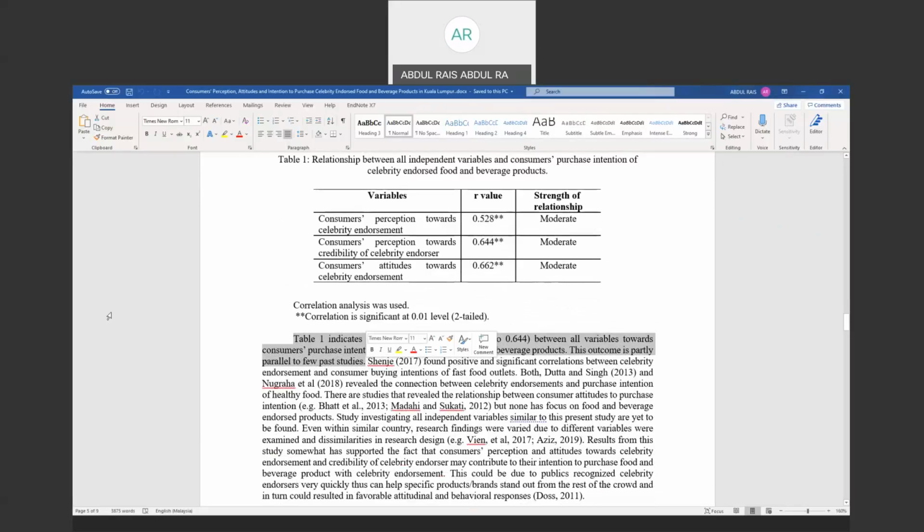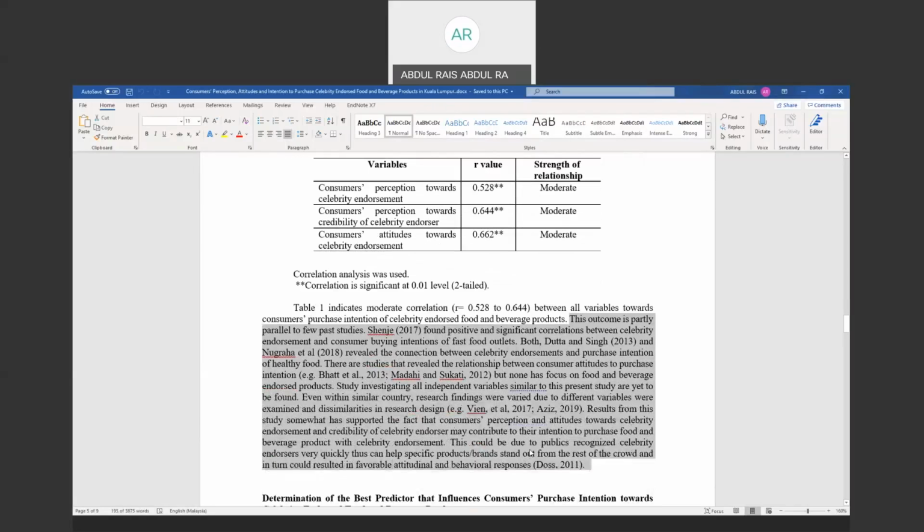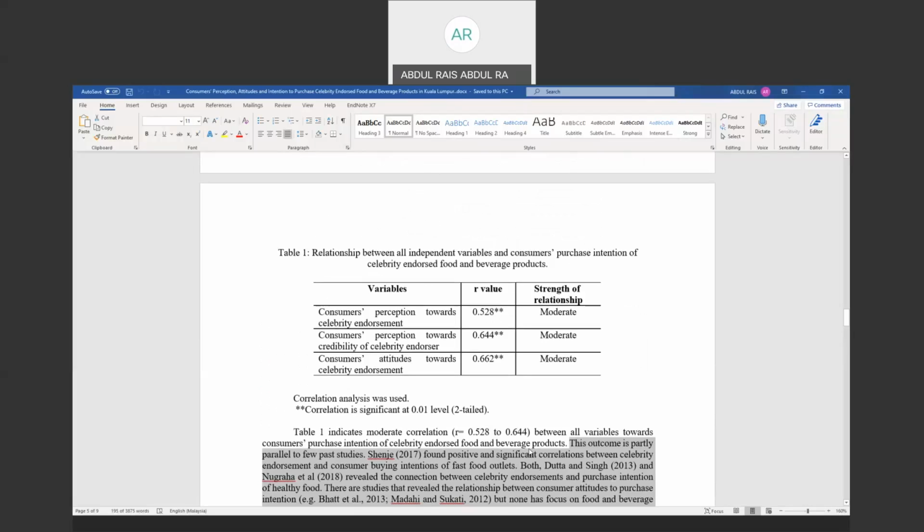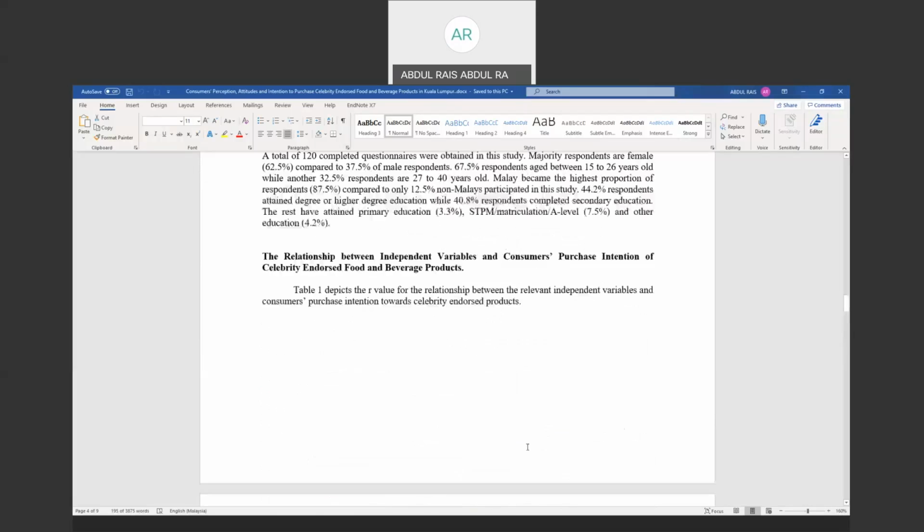Ini dia pukul sekali harung saja. Dia tunjuk apa? Indicate moderate relationship, R value ranging 0.528 to 0.64 between all variables down here. And then after that, dia baru masuk, they compare and contrast with different researchers' findings. Okay, so that's a second example of how correlation is reported